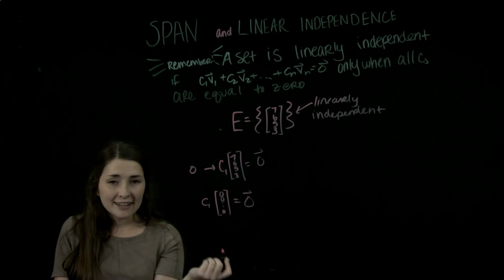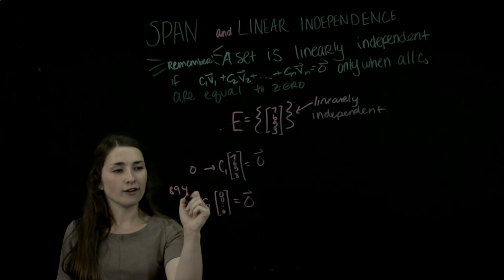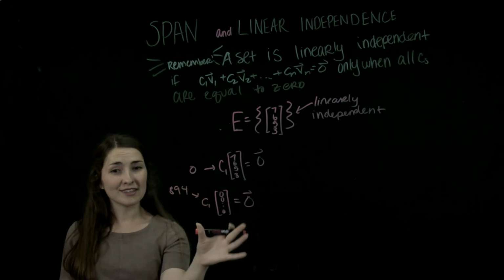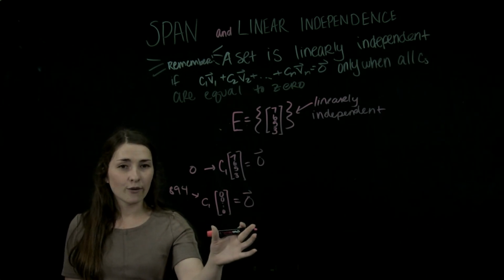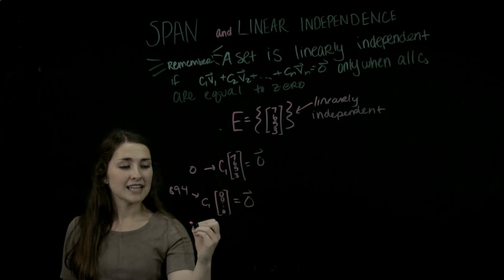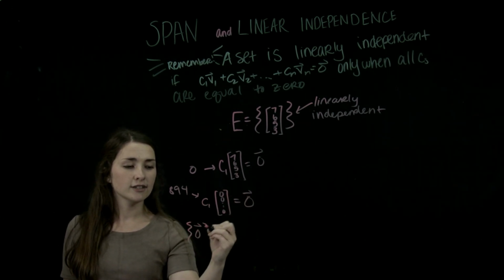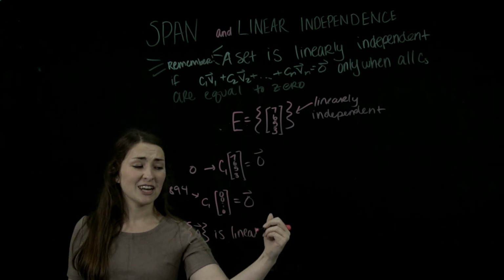So we can choose any value of C1, so we can choose 894. And that's still going to make this equation true, which means that we have a solution for this equation that's not 0, which means that the set of just the 0 vector is linearly dependent,